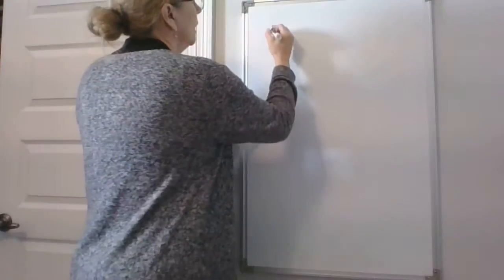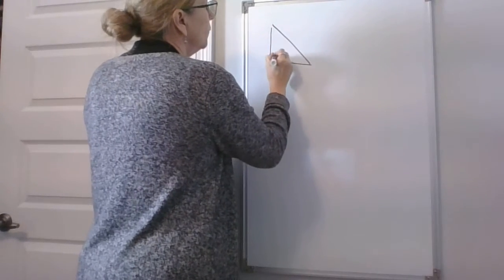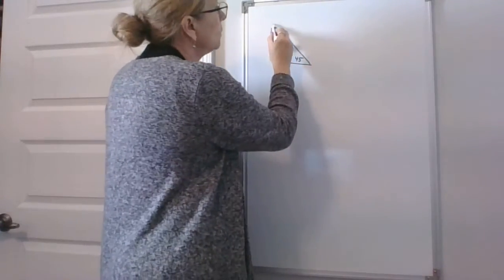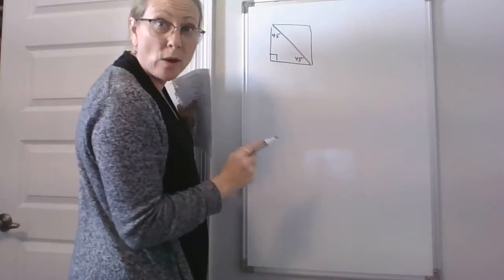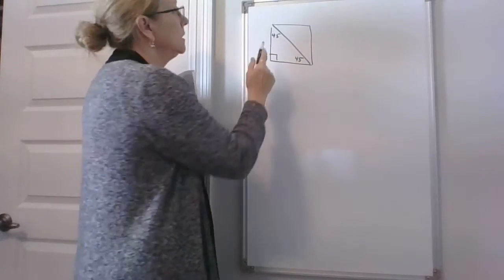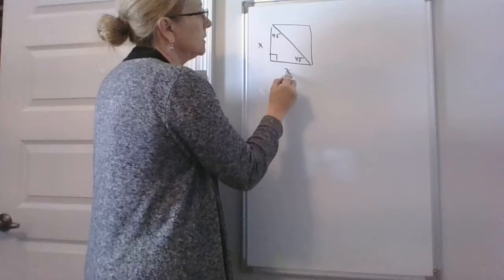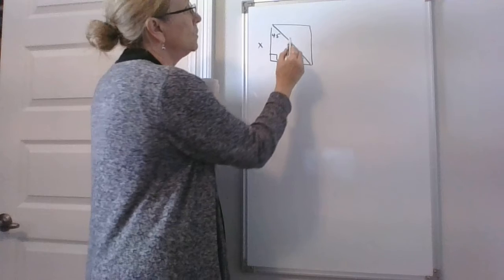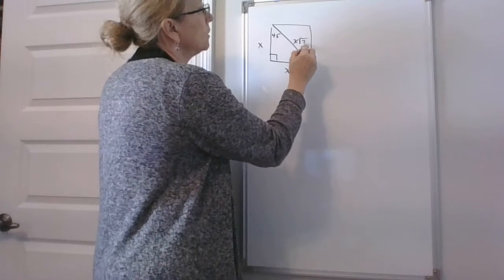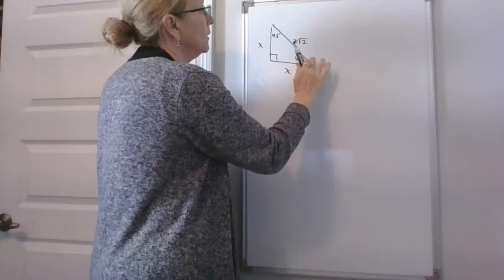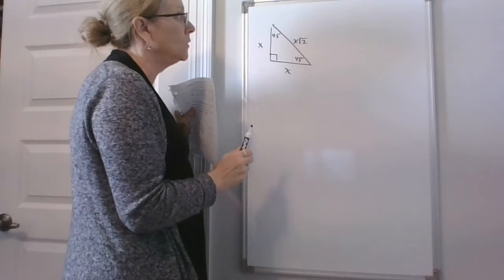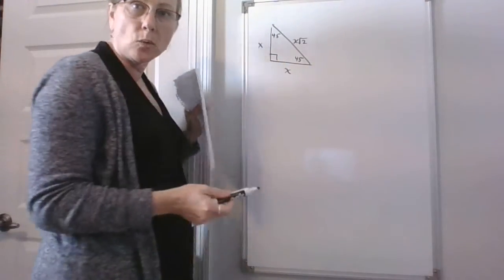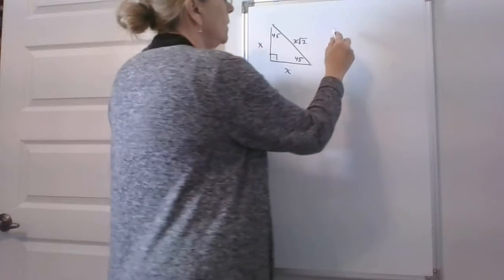First, the formulas for a 45, 45, 90, and by the way, a 45, 45, 90 can also be half of a square cut along the diagonal. So these sides would be the same, x and x. We can also use a and a or n and n, but when you have those two side lengths, this formula is x root 2. Okay, x square root of 2. So if you see some of the word problems where they're talking about a diagonal across a square, you're using this. Now for a 30, 60, 90,